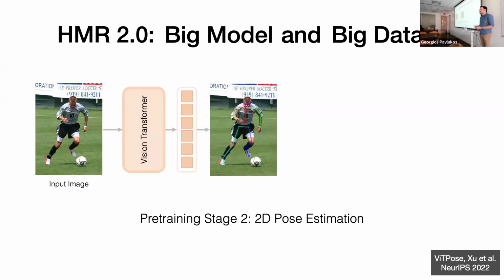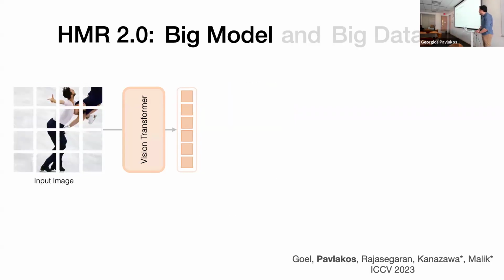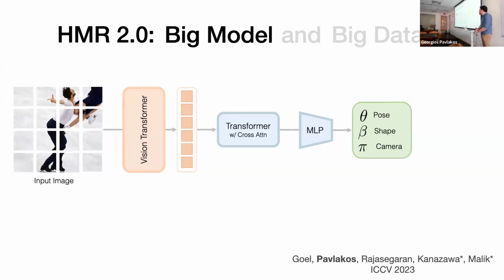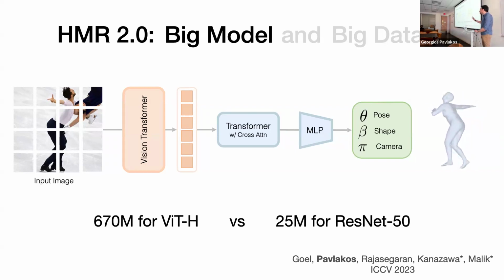When we have done these two stages, we can actually go into the final architecture, where we have a fully transformer-based design to regress the parameters of the model and get this 3D reconstruction in the output. And just to give a scale of what we used here, the backbone we used was almost 25 times larger than the regular ResNet-50 that we were using until a while ago. So this was on the model axis. Again, simple design choices, just scaling up.